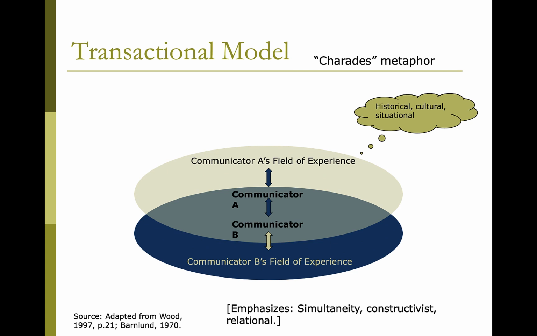Notice that we've positioned them differently. You've got two communicators, but their fields of experience are not entirely separate. You've got each person with their historical, cultural, situational experience that has shaped them, but they might share something. If they're communicating, there's usually some space in this Venn diagram that they share. Okay, so that's really important, that we have this mutual intersecting point.